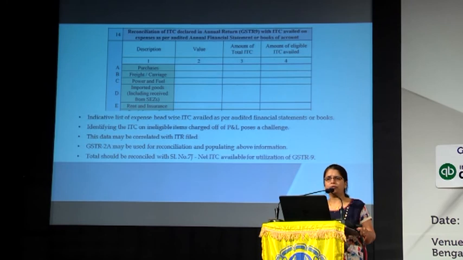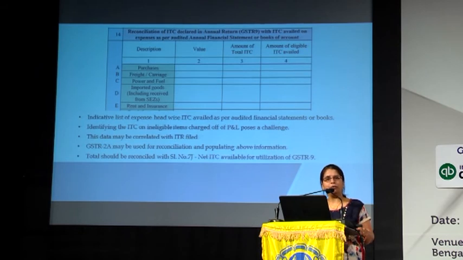There are a lot of 15 to 16 expenses they have classified with the residual clause as any other expenses. So you have to fit your expenses accordingly, and remember even the reverse charge expenses are also going to fit here only. It can be inward supply or it can be reverse charge expenses. Both will be fitting into this table itself, showing the value, amount of total ITC and amount of eligible ITC